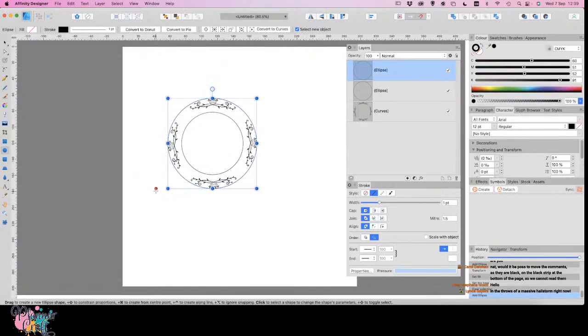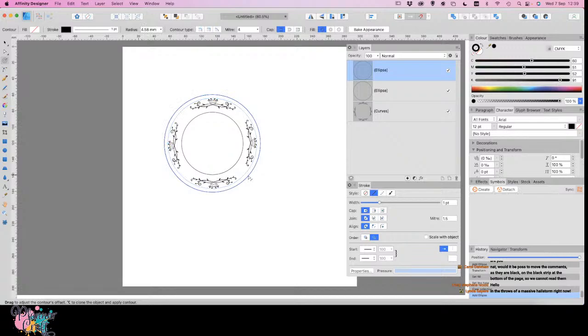Now I've literally done that from the corner of these images, so these are sitting right on that line. I want to make it a little bit bigger, so we can use our contour tool, which is the 3rd one now. We can click and drag so that it's going to be offset from there a little bit, and when you're happy, bake appearance, job done. Nice and easy,